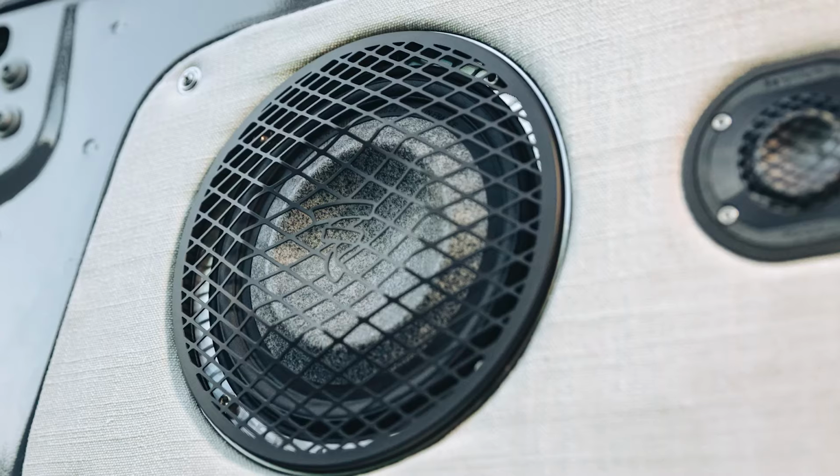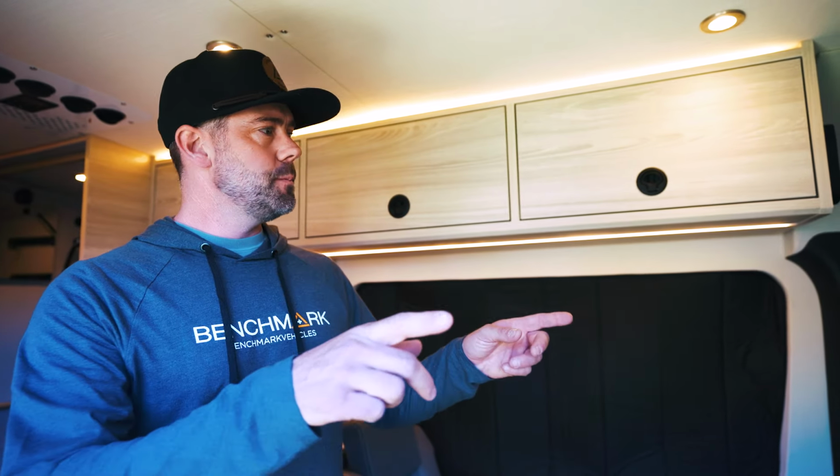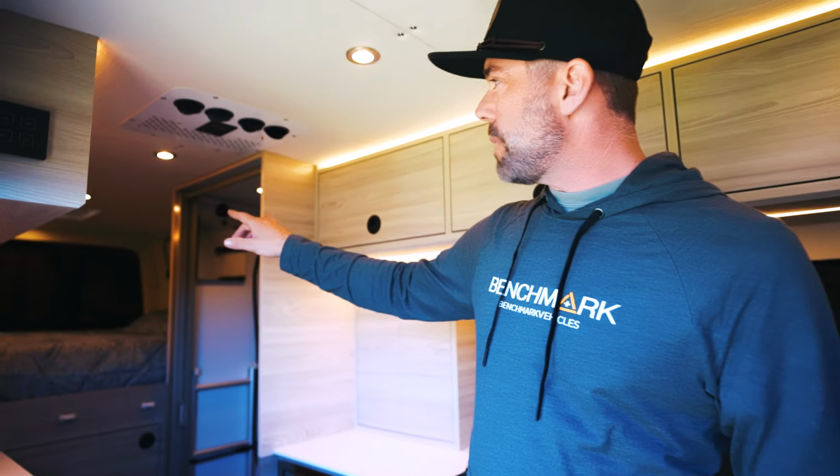One of my favorite features, and definitely the newest, and I think the coolest thing we've done, is the Focal Utopia audio system. There's 16 speakers in this van. We've got 6.5 inch speakers. We've got 4-inch mids in our 3D printed A-pillar speaker pods with tweeters. We've got a tweeter in the door. We've got a 6.5 in the door. We've got tweeters in the back doors, 6.5 speakers in the back doors, a 10-inch Focal sub, which if you